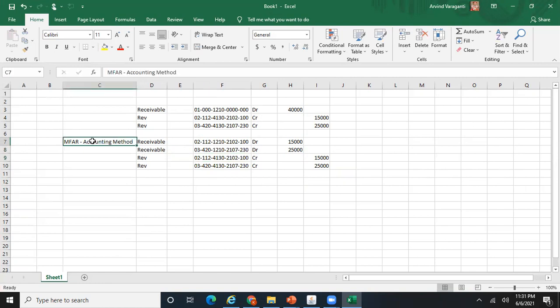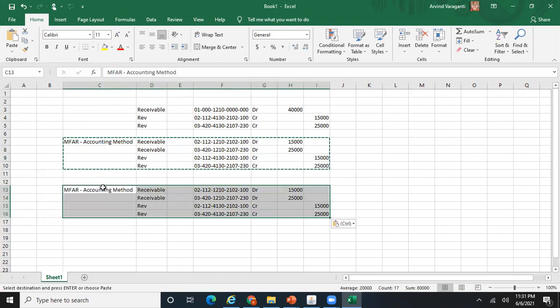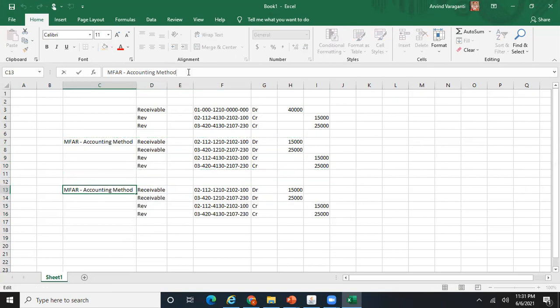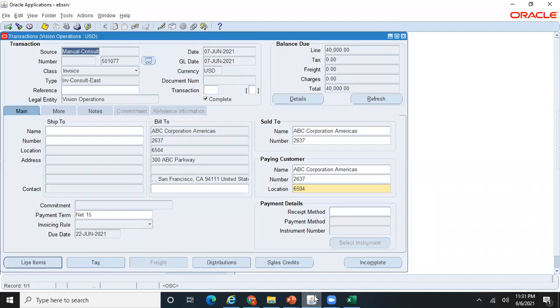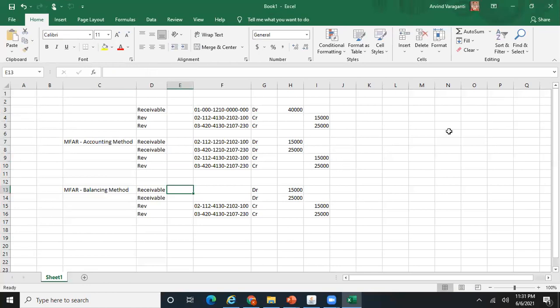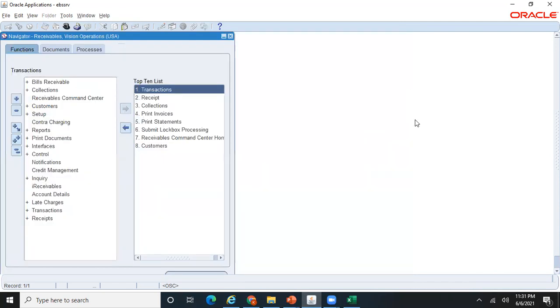Okay, now let me show you how the system generates the accounting entry if you are using balancing method. We can still use the same invoice. I need to just change the AAD from multi-fund accrual method to multi-fund balancing method.